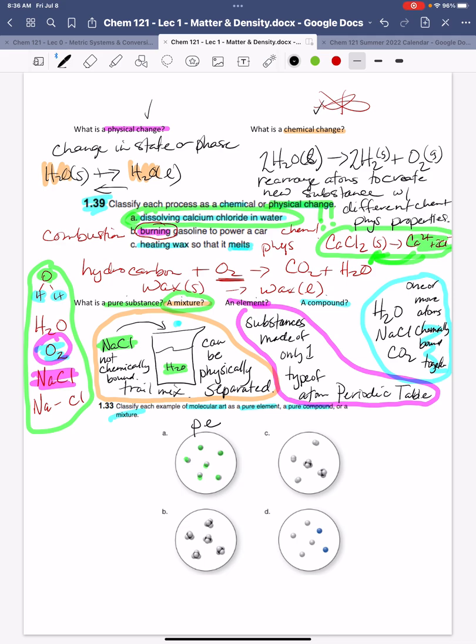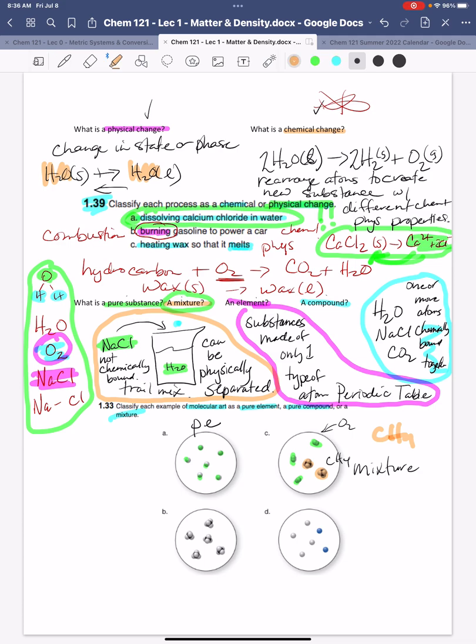Okay, this one right here, you can see perhaps there are two atoms bound together here. Maybe that's oxygen, and I think this is methane, CH4. We'll talk about that later. But there are two substances here, so this would be a mixture. We've got both oxygen and CH4 in here. We've got two different types of molecules, but they are not chemically bound together. So that makes them a mixture.